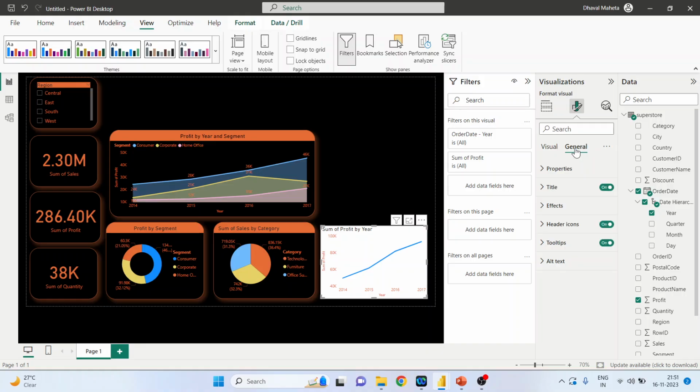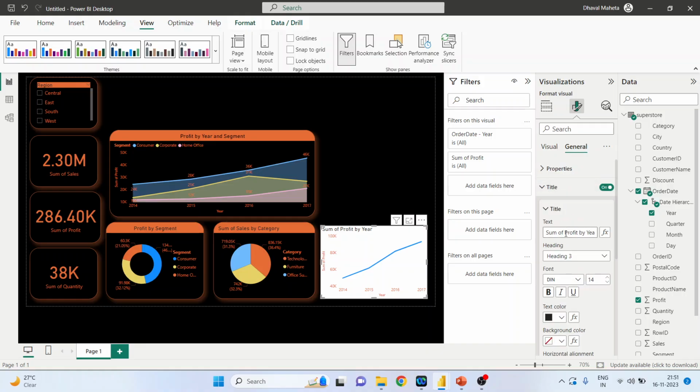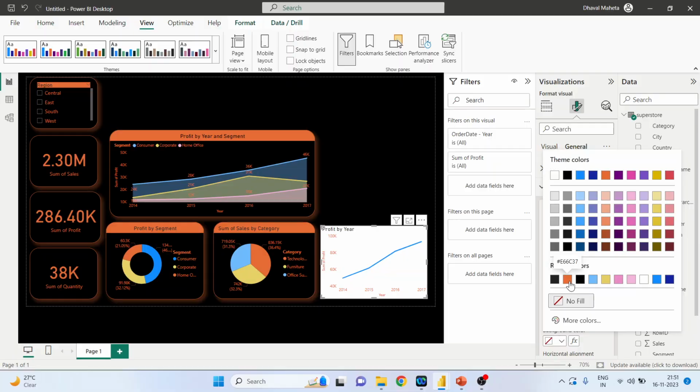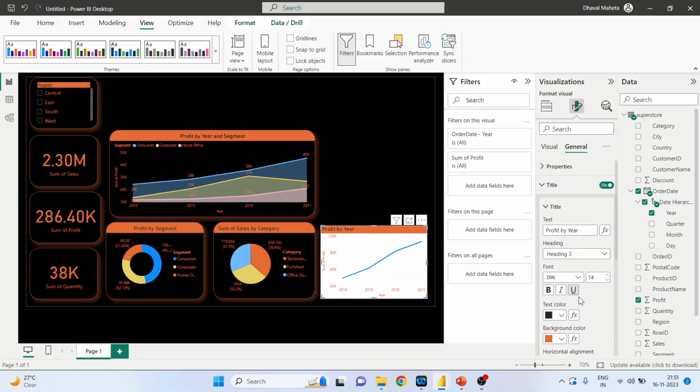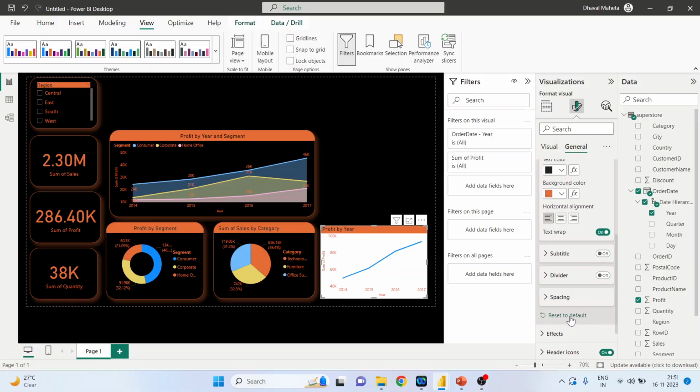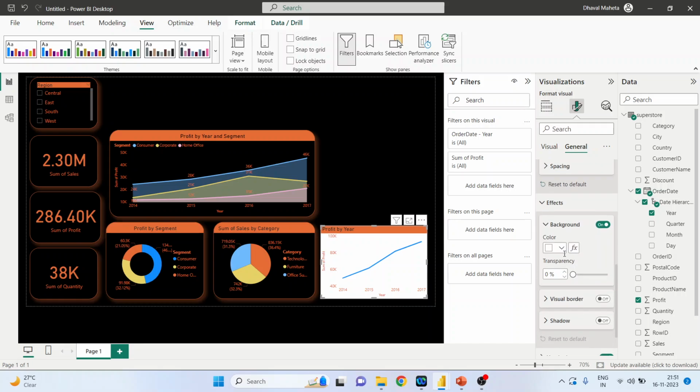Now click on general, title, remove this sum off and keep only profit by year. Text color keep black, background color make it orange. Done. Now activate the effects,